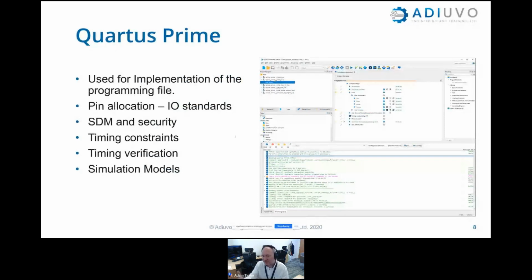As we run through, you can see the graphic on the right shows what Quartus Prime looks like in its main application, running the project that we've created for today. But what we're going to use Quartus Prime for is to create the implementation of the programming file. We're going to use this as our project management, our flow control, our project control. We're going to use it to do the pin allocation, to set the I/O standards for the pins